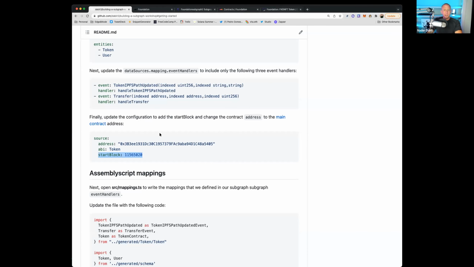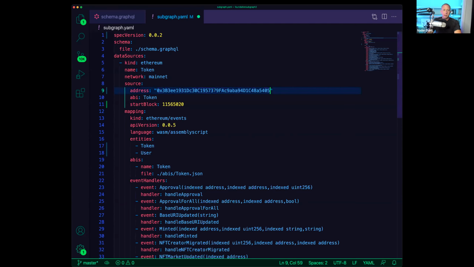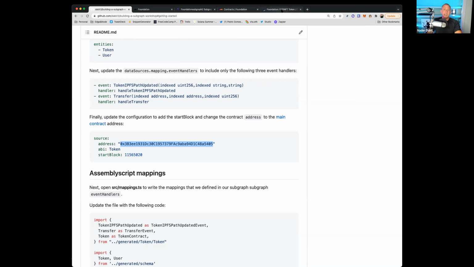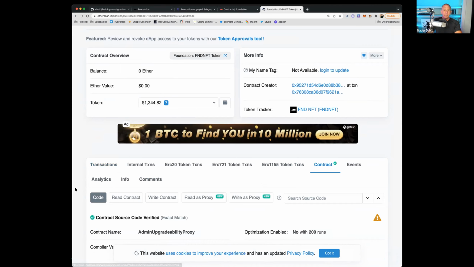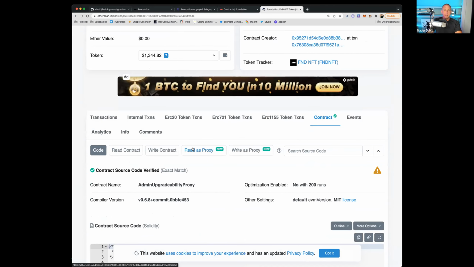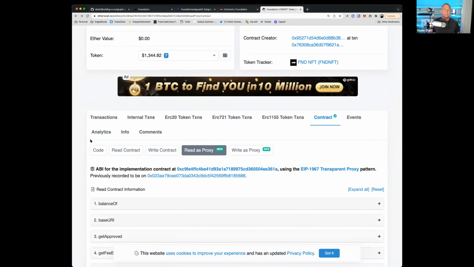The other thing we want to do is update the contract address to this address here. That is because when we went to this contract a moment ago and looked at the actual contract address, we read that this was a proxy contract. This is a little advanced for most of the rest of the workshop, in the sense that it goes into how you might make an upgradable smart contract.